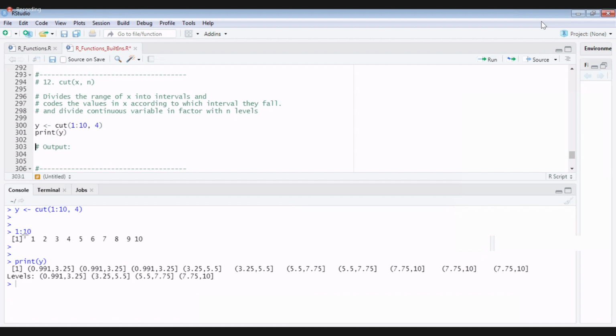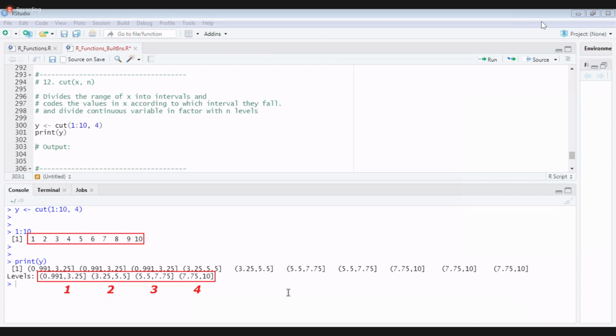Okay, so these are your actual values. For this set of values, you are telling it to divide into 4 intervals. So these are those divided 4 intervals. What are the intervals? Intervals from 1 to 3.25, 3.25 to this. This is interval 1, interval 2, interval 3, interval 4. Okay, these are your intervals. Now, whatever falls in interval 1 is replaced with these values.